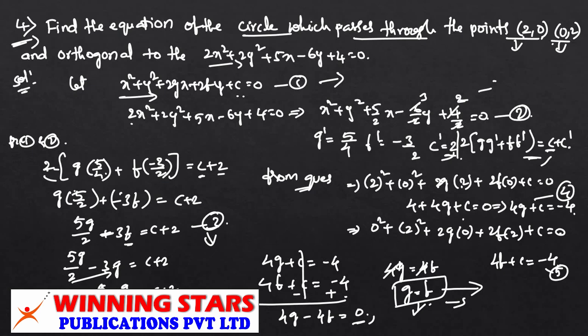So we'll take this minus inside, it will become minus g by 2 minus c is equal to 2 will come. So this I will take as the sixth equation. Here minus g by 2 minus c is equal to 2. Now the fourth equation also has g, so 4g plus c is equal to minus 4, and I will solve these two equations.